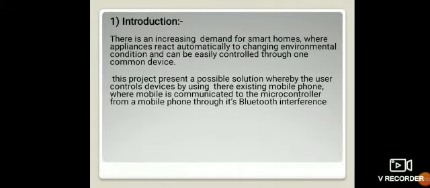As we know, a home automation system, as the name indicates, means things are done automatically. Home appliances, for example a refrigerator, TV, or laptop, can be handled automatically without doing it manually. Everyone is using a smartphone, and the demand for smartphones is increasing. We are using Bluetooth, which is already in every phone, so we don't have to install anything. So it is very easy to perform this project.